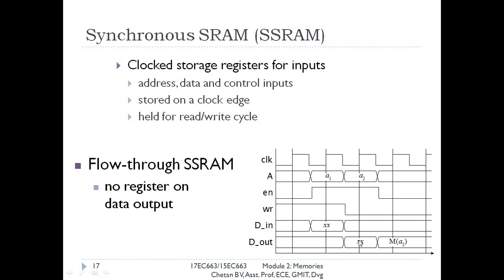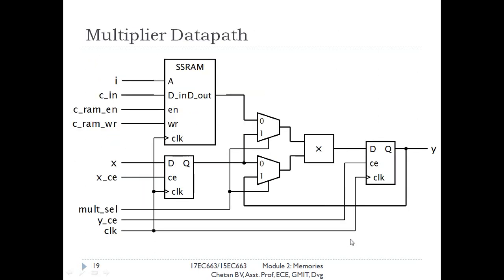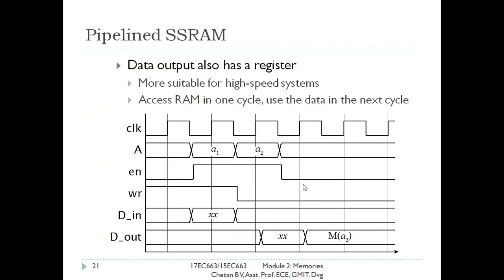Immediately it will appear on the output line, whereas in the case of pipelined SSRAM, the data which is stored in this location A1 will not appear on the output. It will appear on the output only after the rising edge arrives, that is only after the third clock cycle